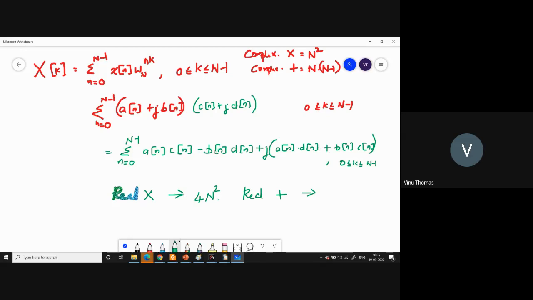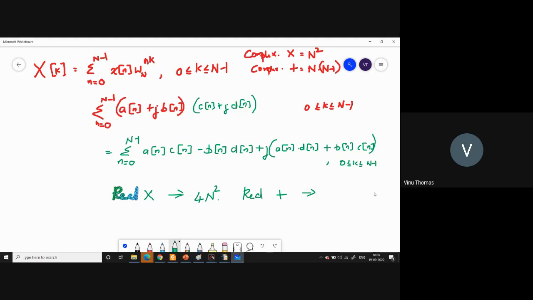So this is 2 additions per term. A and Cn minus B and Dn. Within this term itself, you require 2 additions. How many such terms are there? This part goes into a real array, and this part goes into an imaginary array. So within one term itself, you have 2 additions. There are n such terms.